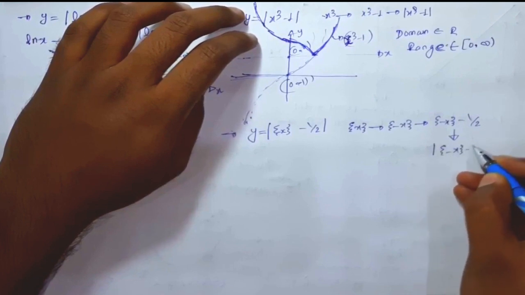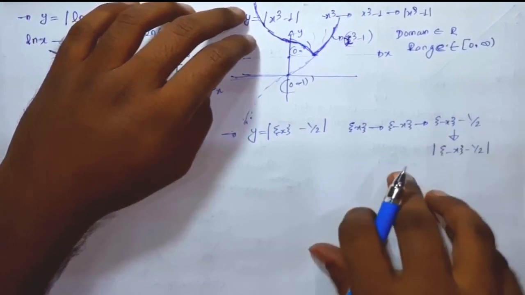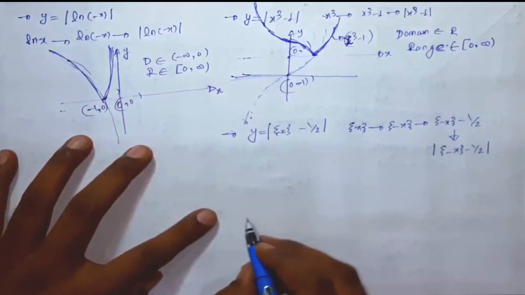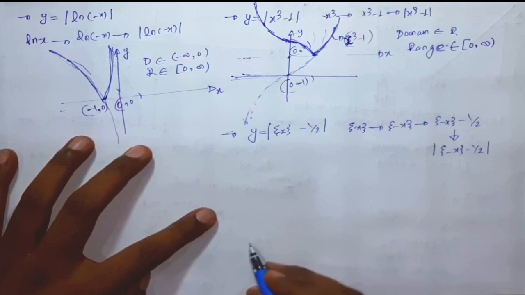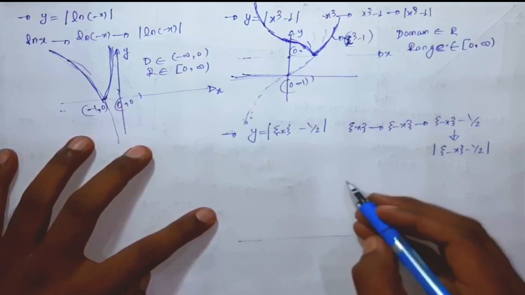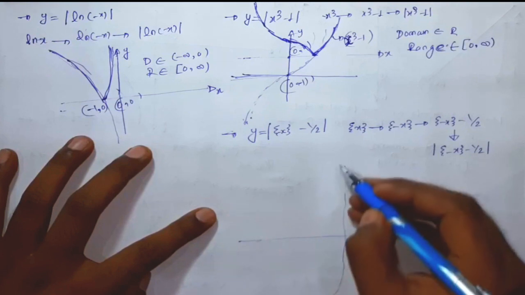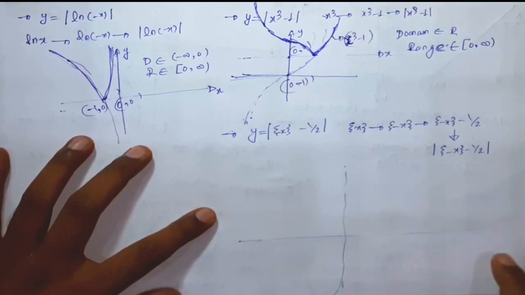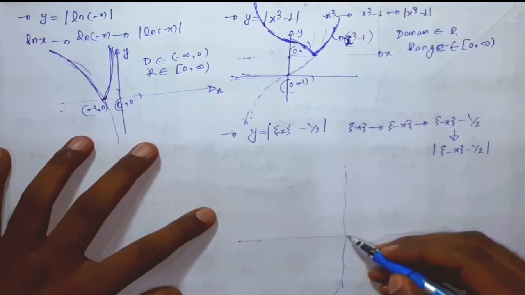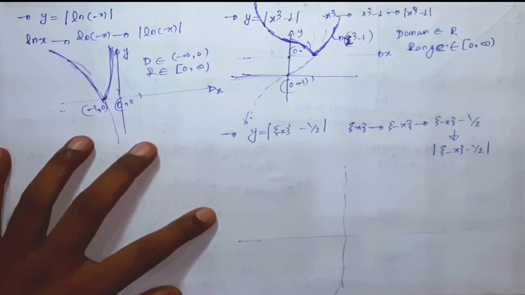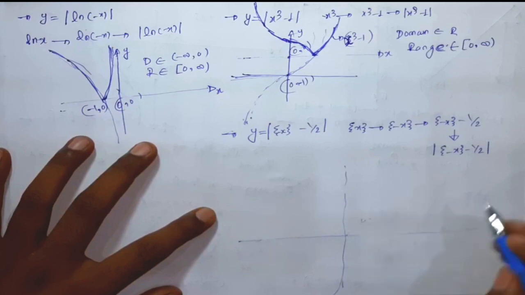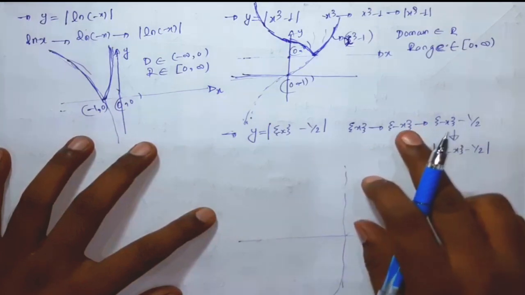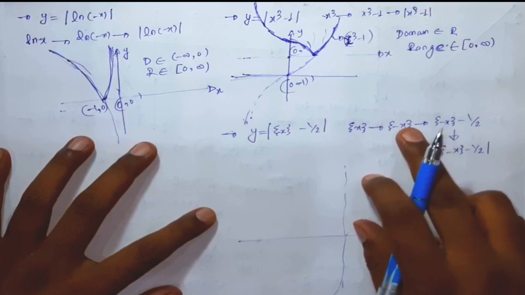So step by step we will do. Okay, so here this is the line. Okay, this is the line. We know the graph of fractional part of x is like this. The arrow will be in the positive x direction, like this. But the graph of fractional part of minus x, we are replacing x with minus x, then we will simply take the image in the y direction. So the graph of fractional part of minus x will be like this.